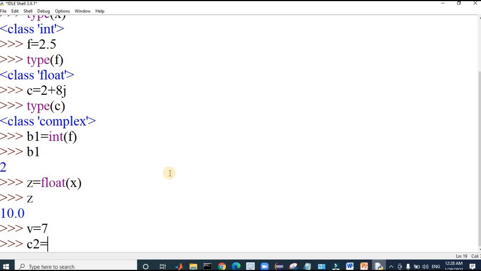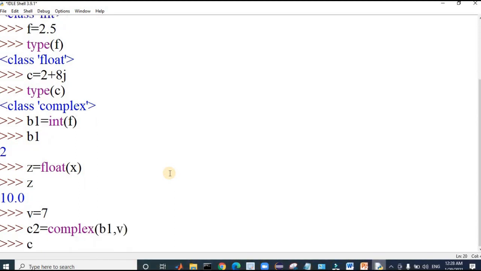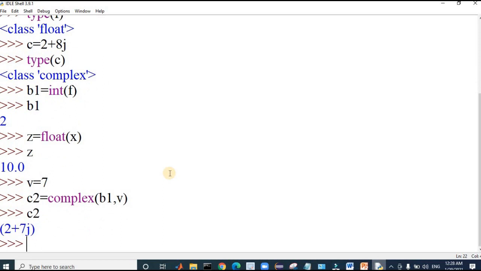For this, I am taking a variable c2 and typing complex of b1 comma v. So it is converted. Now if I print the value, it displays 2 plus 7j, because b1 has the value 2 and v has the value 7. So this is how we can work with the numerical data types, that is int, float and complex.